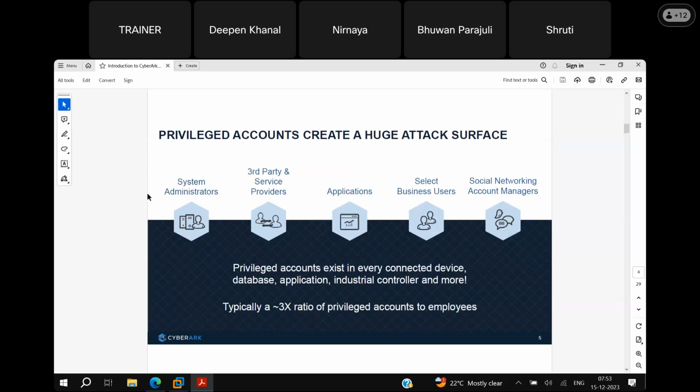Right. On this slide, privileged accounts create a huge attack surface. Privileged accounts exist everywhere. We discussed operating systems, where we call them system administrators. Privileged accounts exist in third-party service providers, in applications, in business units, and on social networking sites.